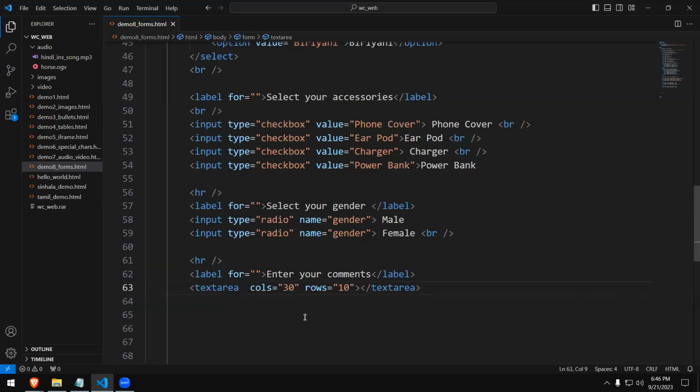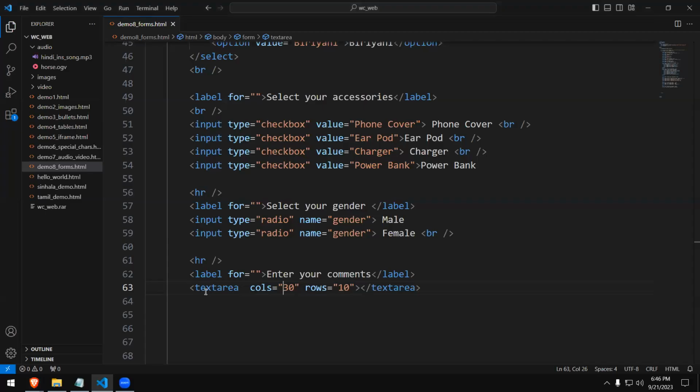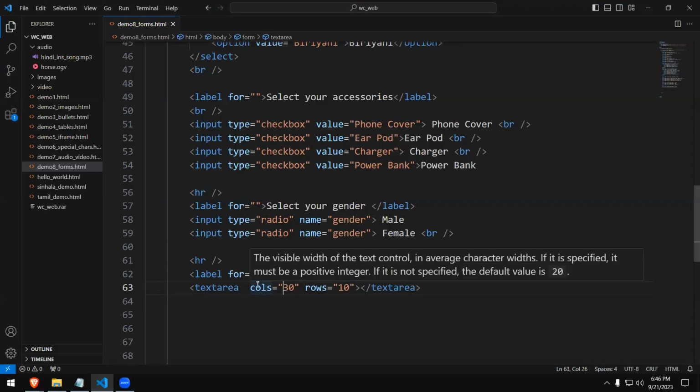Then we will change these two values and see. After you learn CSS, you can take more control over this. But at the moment, we will use these things and see. Now, columns means the number of characters you can type across from this side to this side, how many characters are permitted. So if you give a small number there,